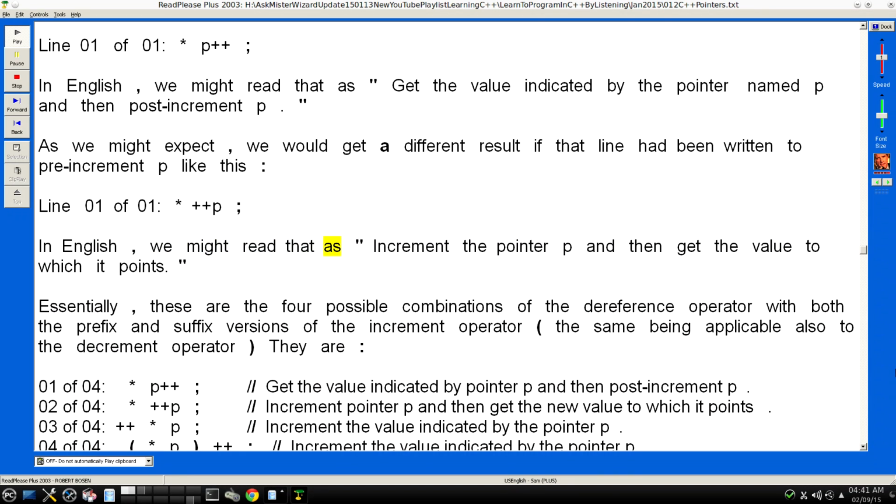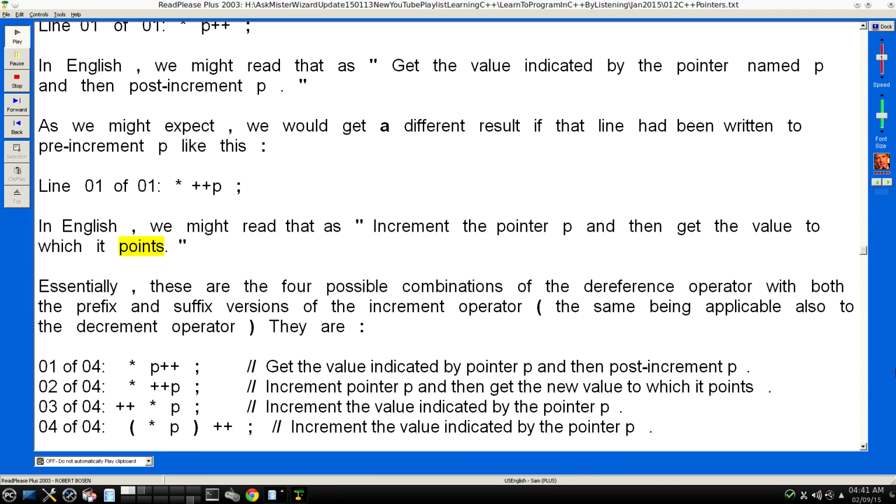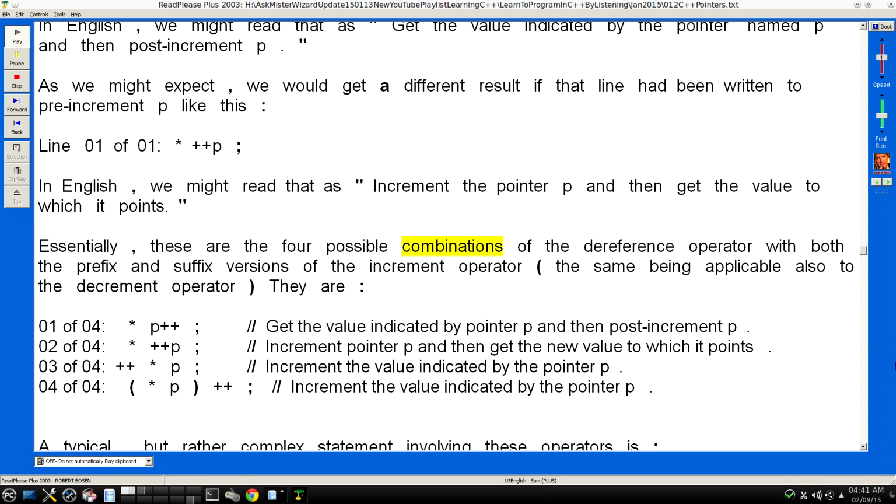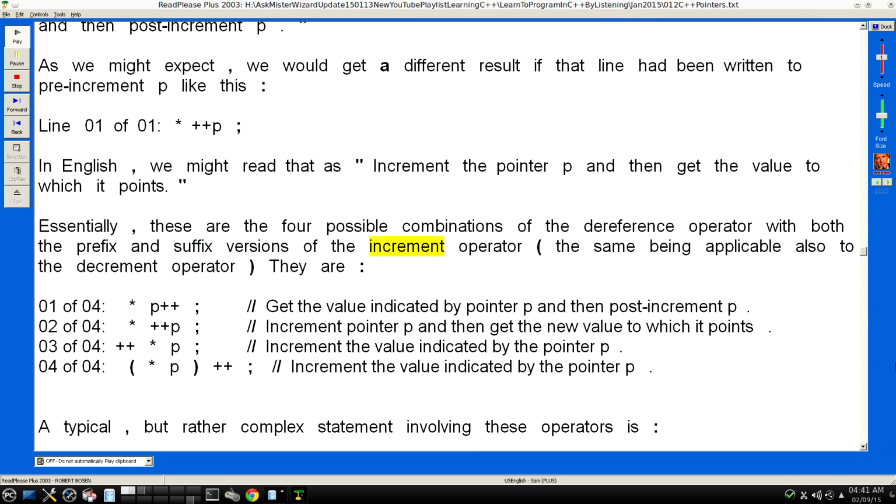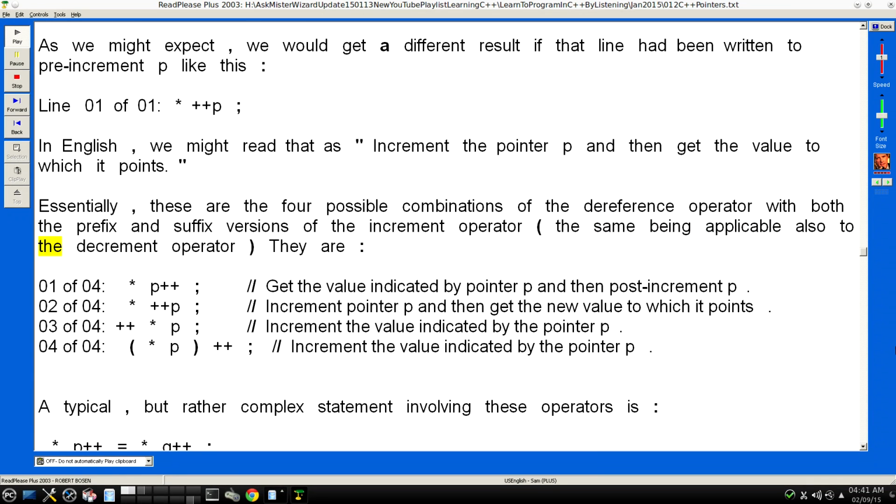In English, we might read that as "increment the pointer b and then get the value to which it points." Essentially, these are the four possible combinations of the dereference operator with both the prefix and suffix versions of the increment operator, the same being applicable also to the decrement operator. They are: